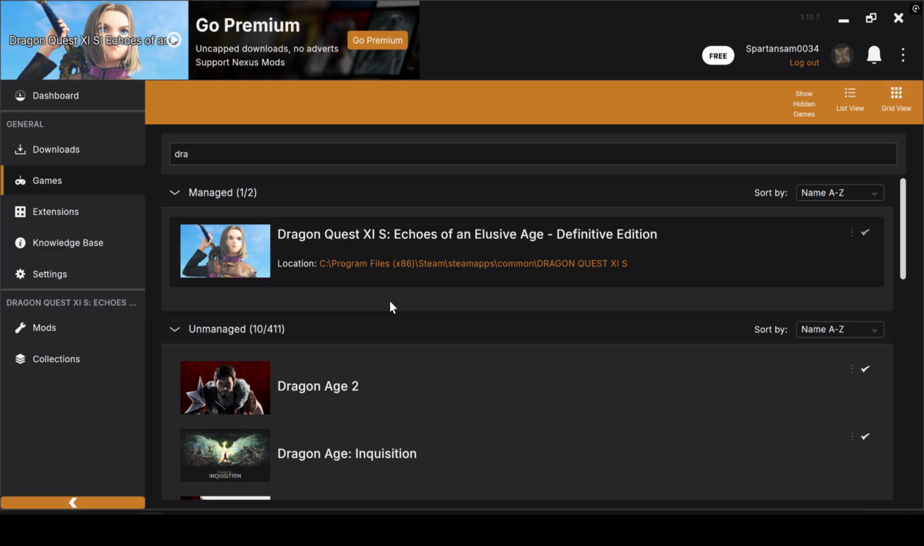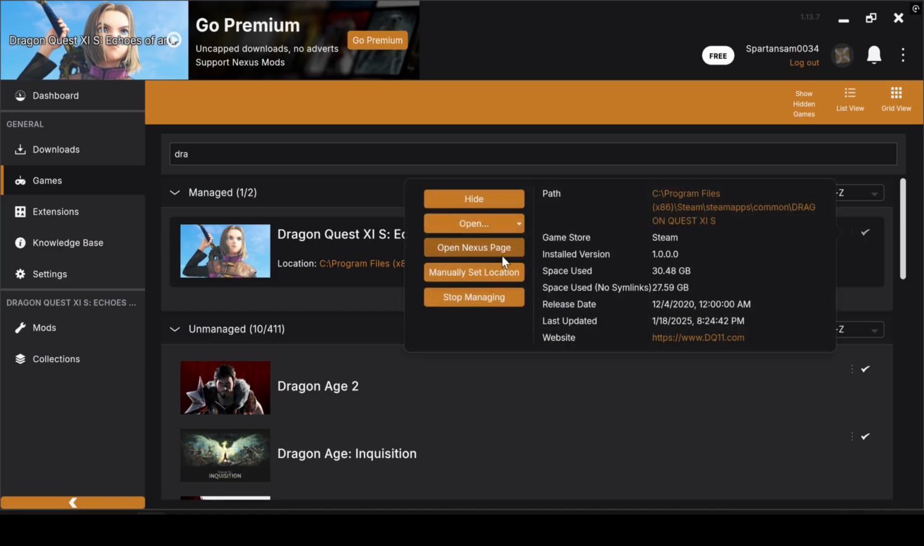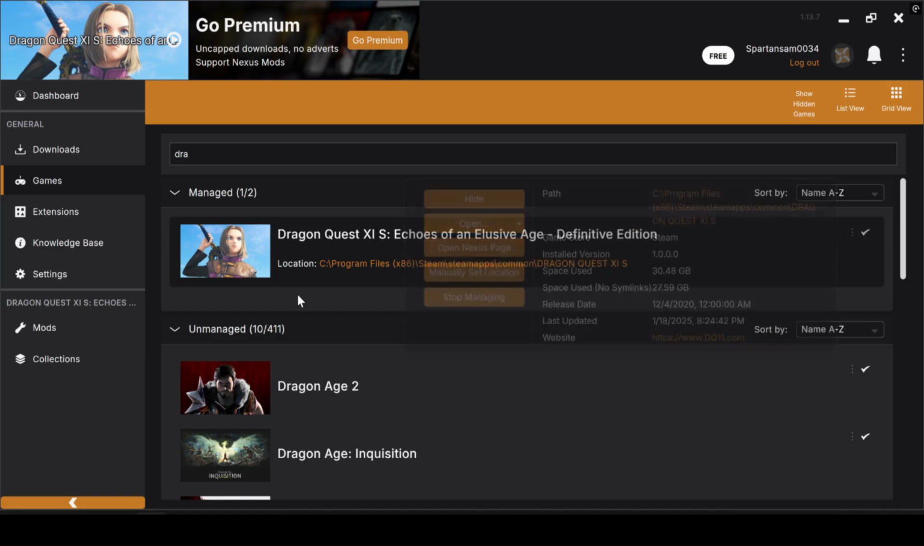So if you want to do it in Nexus, simply go to Games, type in Dragon Quest in the search bar here. It should pop up. You can click the little check mark that says Activate. And as long as you have it downloaded in Steam, it should find your location pretty quickly. If not, you can hit the three dots here, go to Manually Set Location, and it's under your Steam apps,